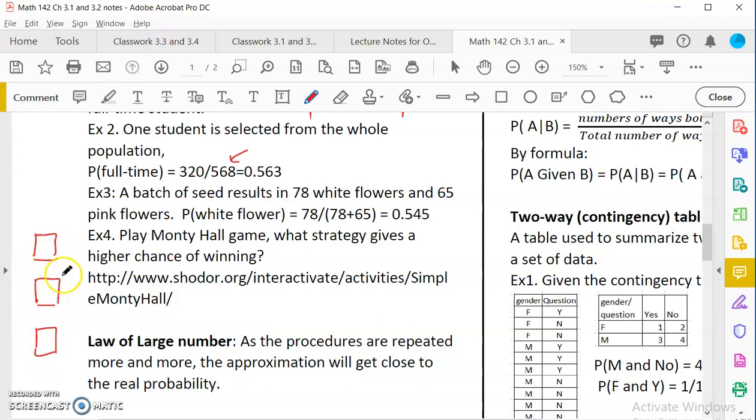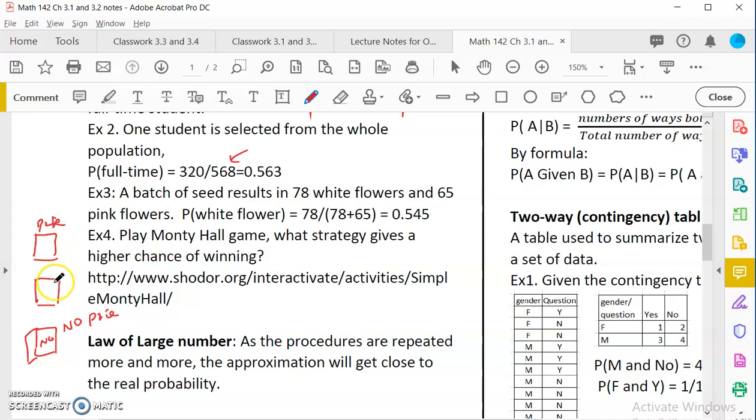So what is the chance of winning? The chance of winning would be 1 over 3, right? But the game is adjusted in such a way that after you pick your door, and they don't open the door for you to check first, they will open one door that has no prize. So for example, you pick this, and then the host knows which one has no prize. So for example, he or she would know that this one has no prize. He or she would open this, for you to see that, oh, there's no prize. And now you have a choice of keeping your own pick or switching to the new one.